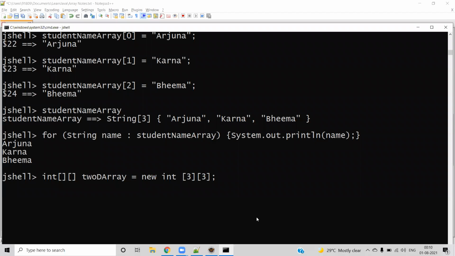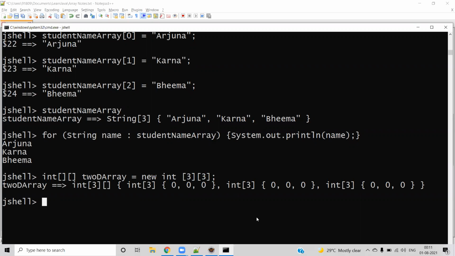Here you can see we are creating the integer data type array. So that's the reason for integer followed by the 2 square brackets, which means that we are creating a 2-dimensional array, and the variable name is 2D array. And here also the same way, new, the data type, and we will again have 2 square brackets, and we are going to give the size of the individual dimension.